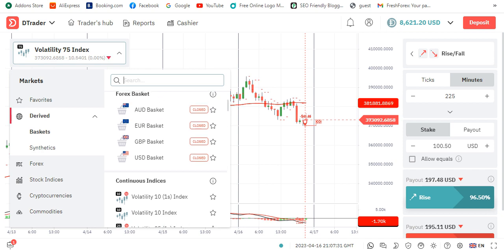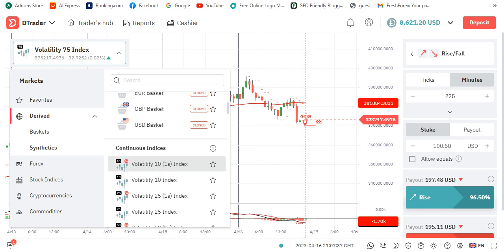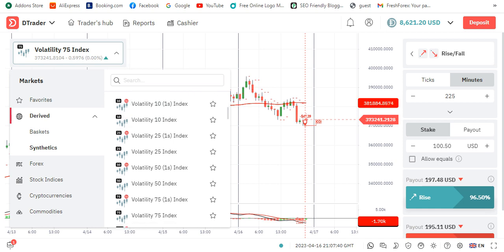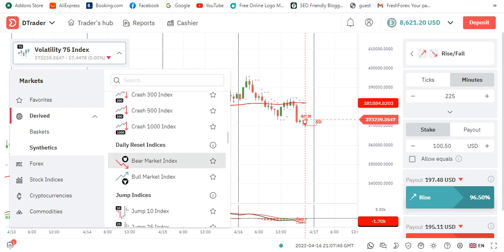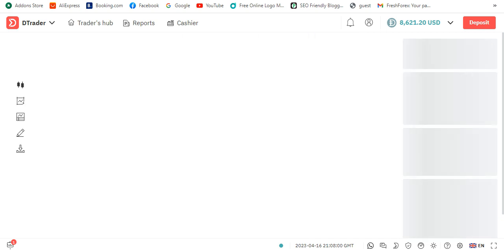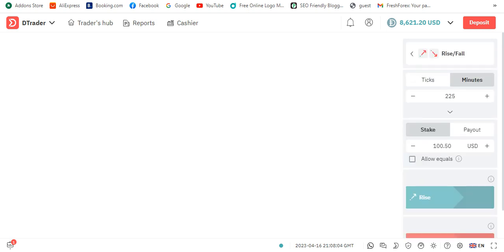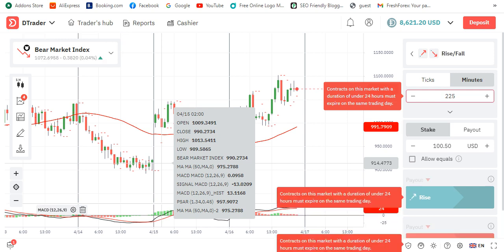So you can see from the indices, from the synthesis, then to bring out this particular place, you scroll down. Okay, you can see this bear market and this bull market. These are the two markets I want you to focus on and use to make money for yourself. The same strategy you will use for bear market is the same strategy you will use for